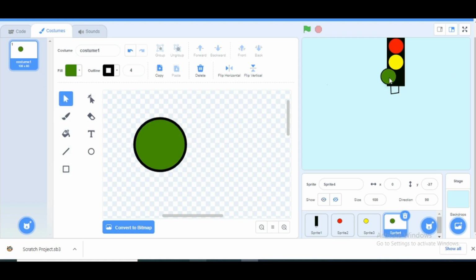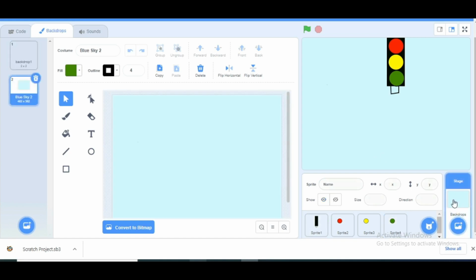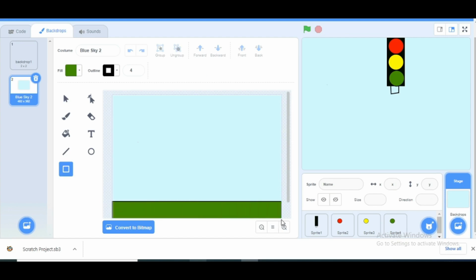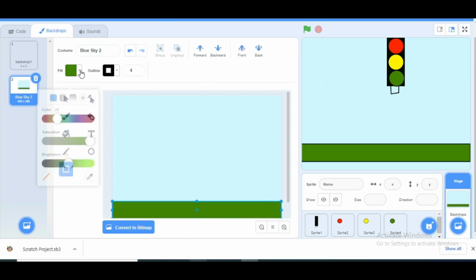Like this way the traffic signal has 3 different types of buttons, that is red, green and yellow. So like this way I have created one traffic signal. Now I am going to create one road like structure. So click on the backdrop, and here I will create one road like structure downside, and I will change the color.